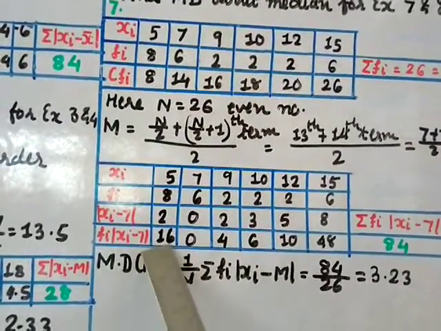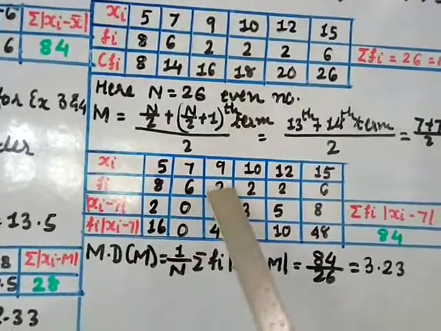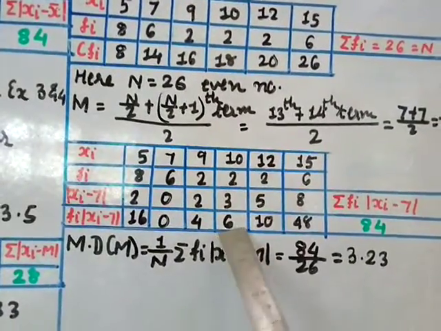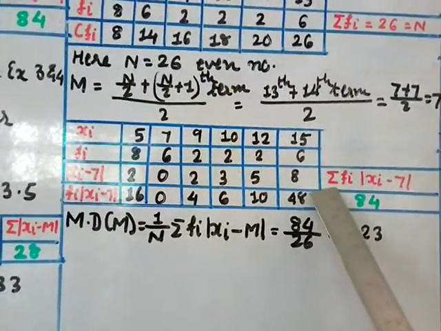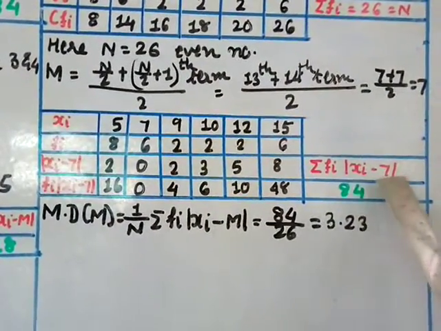So 8 into 2, 16. 6 into 0, 0. 2 into 2, 4. 2 into 3, 6. 2 into 5, 10. 6 into 8, 48. Okay, find the sum total, that is sigma fi modulus of xi minus 7, and the